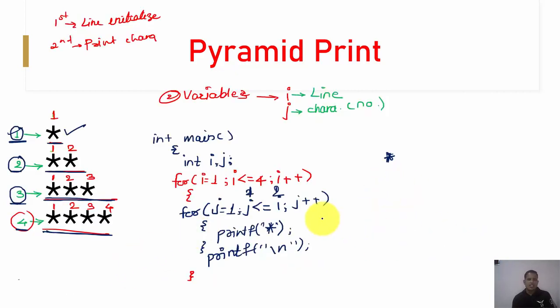Initially i is equal to 1, i is less than or equal to 4, yes, then j is equal to 1, this 1 is less than or equal to 1, yes, print this character. Now the value of j will be 2 for the next iteration. Now j is 2, i is 1, right? As the condition is not satisfied, it is going to execute the end of line. Means now my cursor appears on the second line.